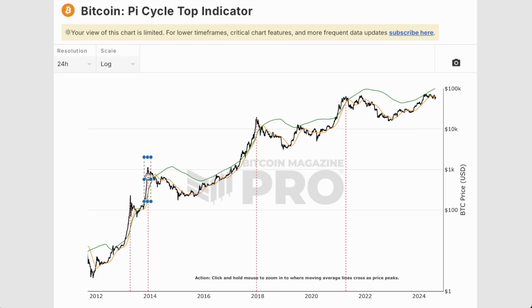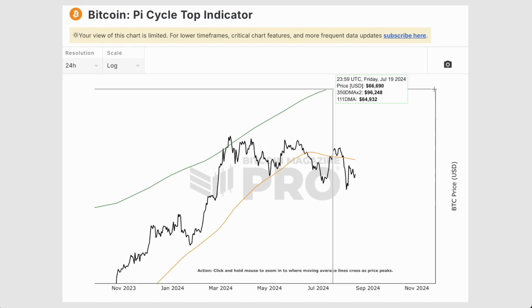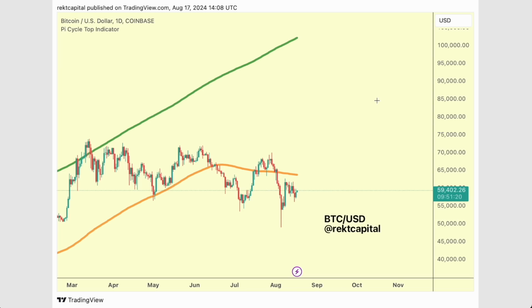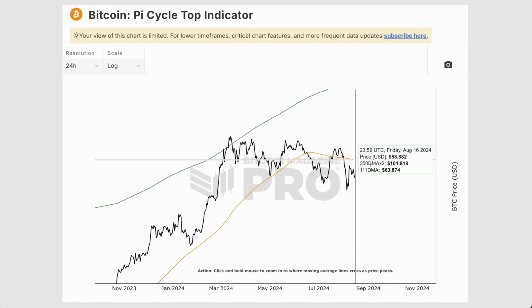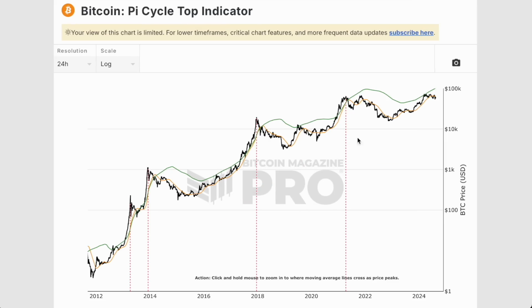We will top out in the bull market peak, but of course we're not yet there. We're still far away from 96k, and we're still, probably most importantly, fundamentally away from the bearish crossover that we tend to see in a Pi Cycle indicator. Whenever we see a crossover, that's the bull market peak over within a few days. Every time we see a crossover, that's a really reliable indicator.